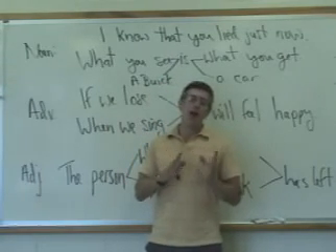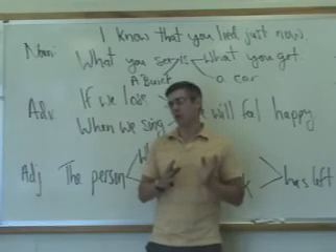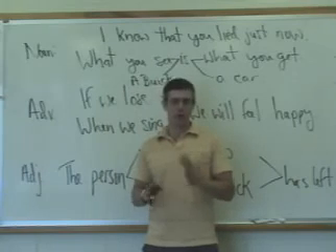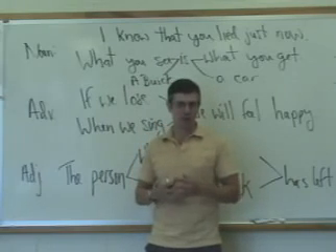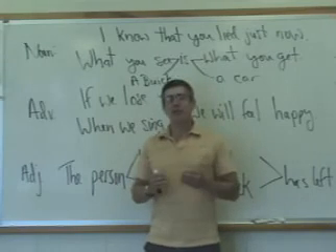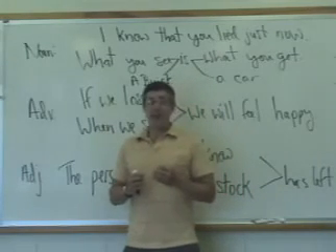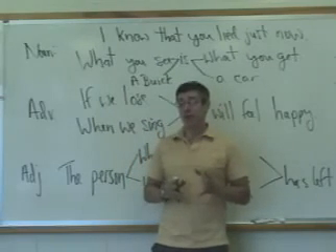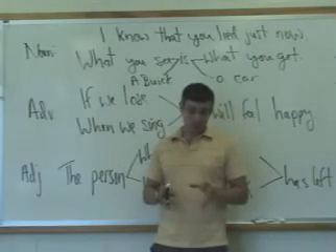Now, the other main kind of clause is a dependent or subordinate clause. Those words can be used interchangeably. Dependent clauses, subordinate clauses: these are word groups that, like independent clauses, have subject-verb combinations in them, but they cannot